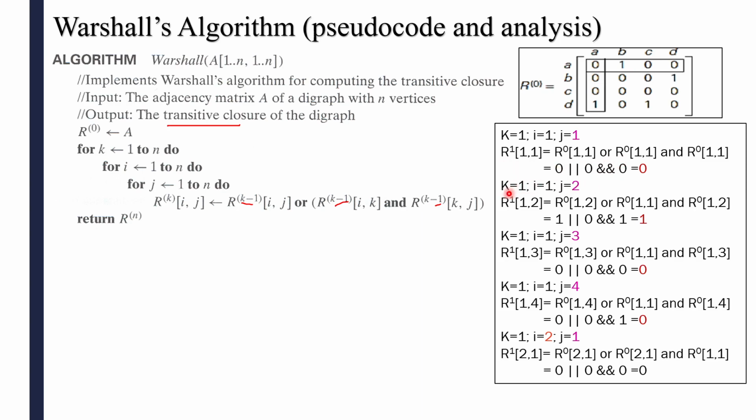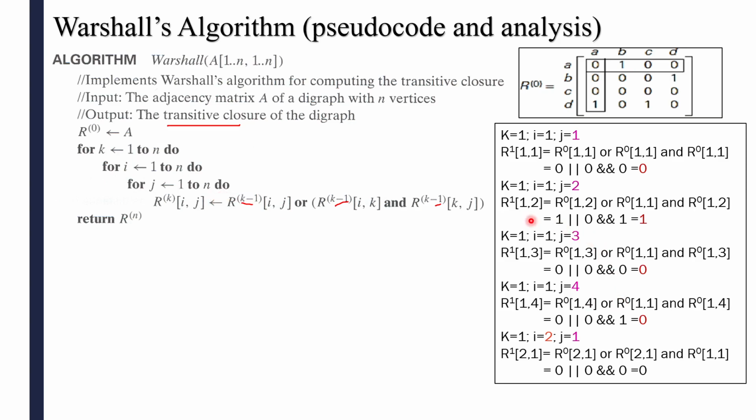Okay, so next is k equal to 1 and i equal to 1. The j loop is the inner loop. First you have to execute this one until the condition of j becomes false. When the j condition fails, you come out of this for loop and execute the next for loop, and it will also repeat until its condition fails. When that condition fails, you go to the outer for loop and repeat the same procedure. These are the two inner loops. You call them inner loops because these are the loops that come inside one more loop. This is your outer loop, this is the first inner loop, and this is the second inner loop here.